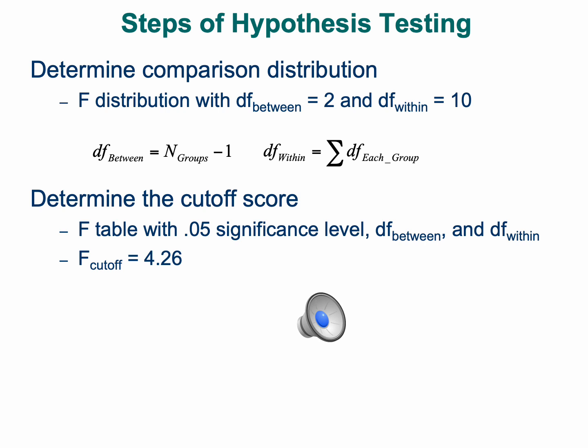Okay, the next thing we've got to figure out is the cutoff score for our 0.05 significance level. And you go back to the F table in your textbook. If you have degrees of freedom of 2 and 10 with 0.05 significance, you'll discover that you need an F ratio of 4.26 to conclude that a mean difference did not occur by chance. So you're going to figure out the F ratio, and then you're going to compare that F ratio to this cutoff score for 0.05. If it's this score or higher,